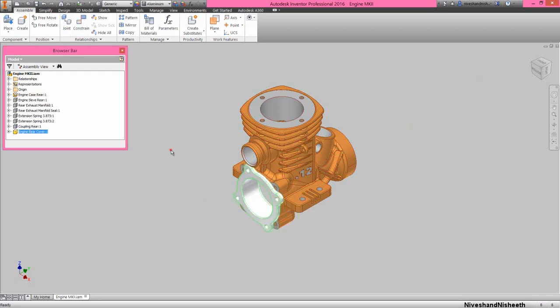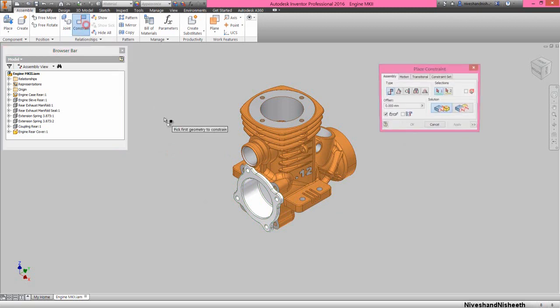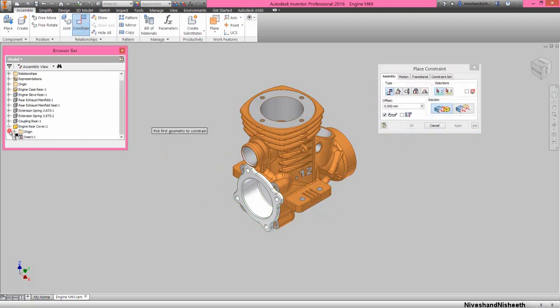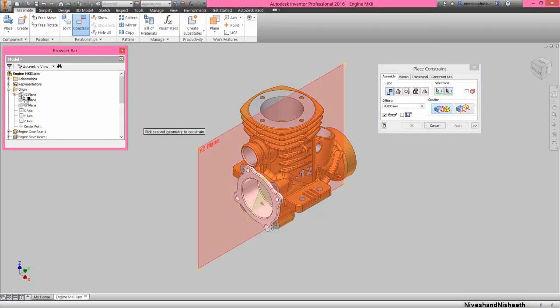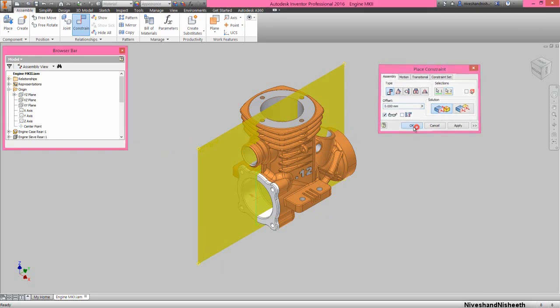Now we will apply another mate constraint between the YZ plane of the engine rear cover part and the YZ plane of the assembly.